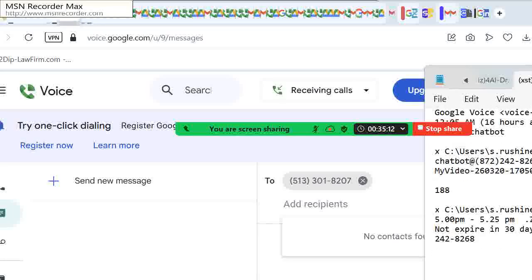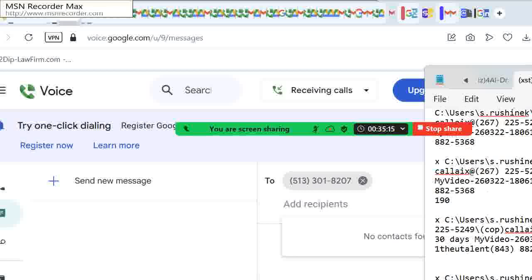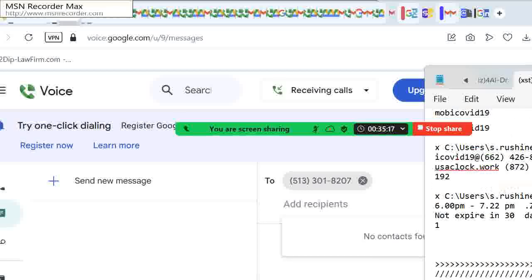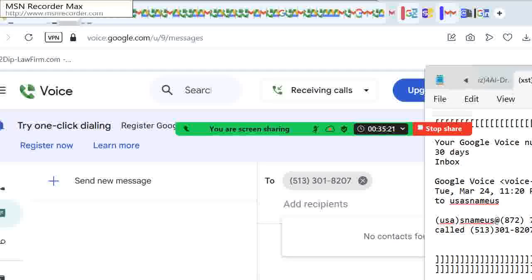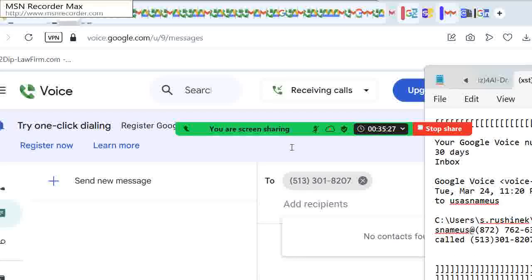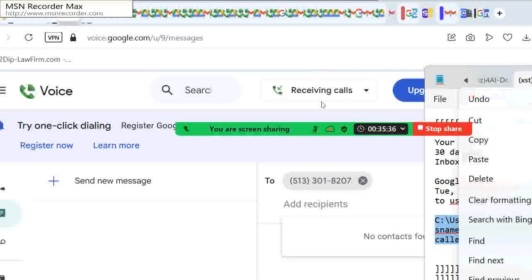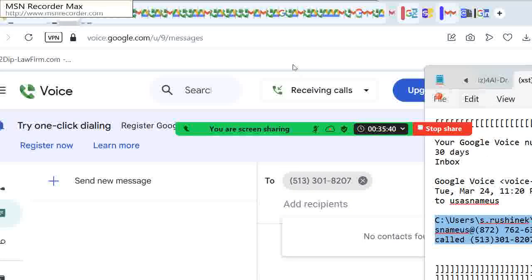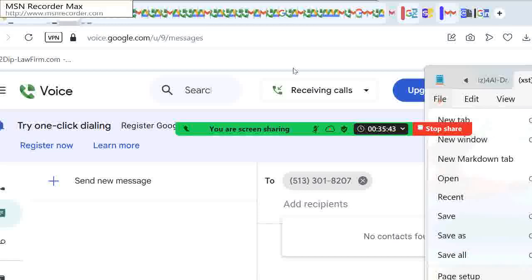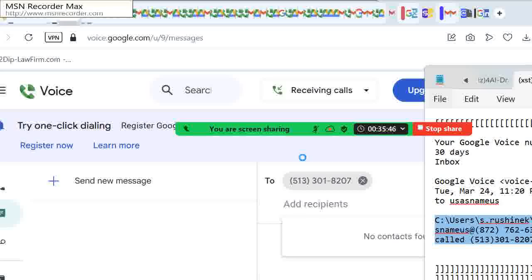I click add another account, and then scroll down again and click use another account, Control V, and then paste with Control V the new account name, USA Namos. Then click next, and then enter the password and click next, and then skip and skip. So now that I finished with all of that,